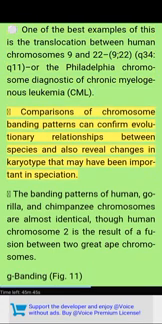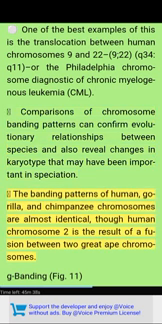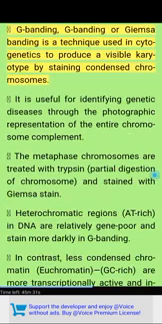Comparisons of chromosome banding patterns can confirm evolutionary relationships between species and also reveal changes in karyotype that may have been important in speciation. The banding patterns of human, gorilla, and chimpanzee chromosomes are almost identical, though human chromosome 2 is the result of a fusion between two ape chromosomes. G banding, figure 11. G banding, or Giemsa banding, is a technique used in cytogenetics to produce a visible karyotype